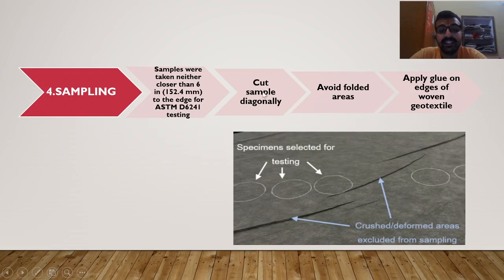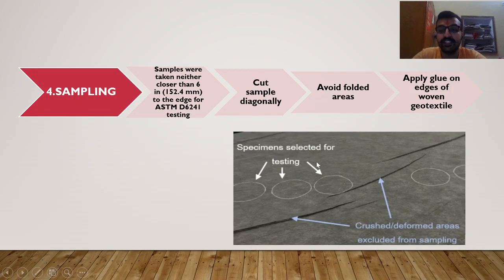Now cut the sample diagonally of the whole sheet. We will be selecting randomly one roll of geosynthetics, and along the diagonal of that we will be cutting the specimen. As you can see in these pictures, we have done the markings, but you can see these folded areas are being avoided,